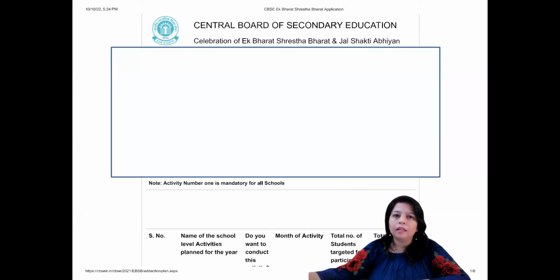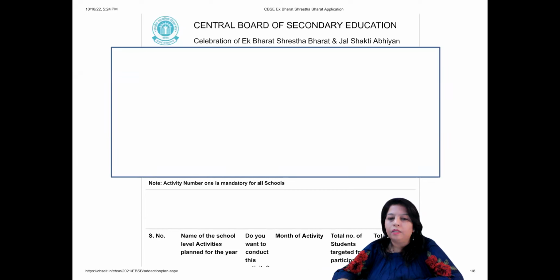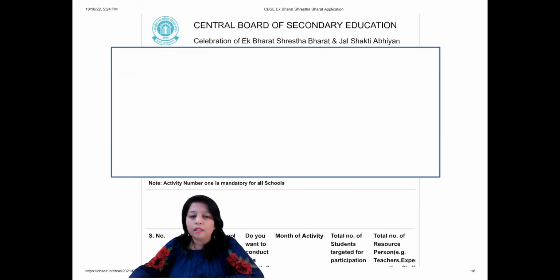We have to send our action plan in this format that is there in front of you. We have to select the name of the activities that we are going to plan for the year and want to conduct. We have to select the radio button, yes or no, and then the month of the activity, कौन से मंथ में हम इस एक्टिविटी को ऑर्गेनाइज करना चाहते हैं, and total number of students that we are targeting that will participate in that particular activity,